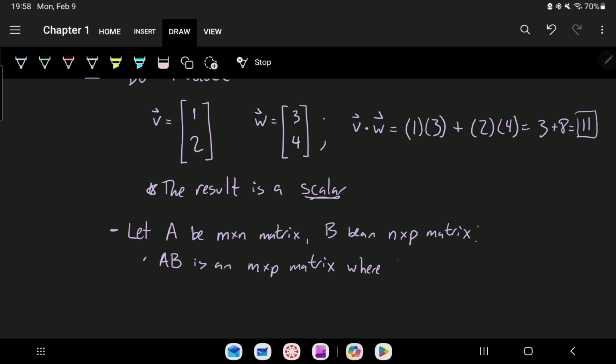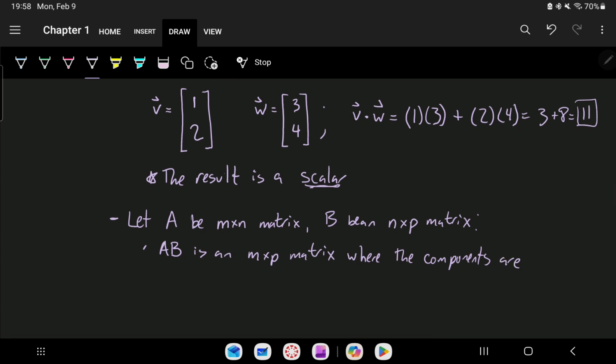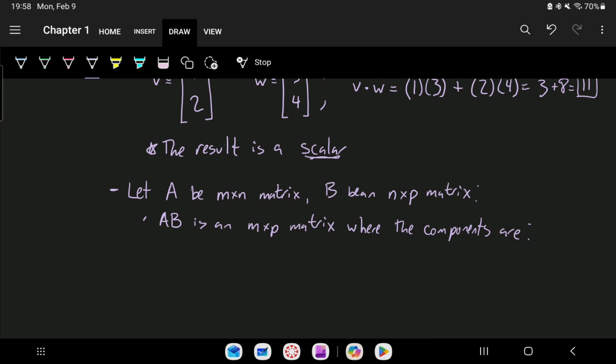where the components are calculated, and again, we're just going to make this a general form. So we can write this as AB, the ijth component of AB. It's going to be A_i1 B_1j, because we're taking the ith row dot product with the jth column,